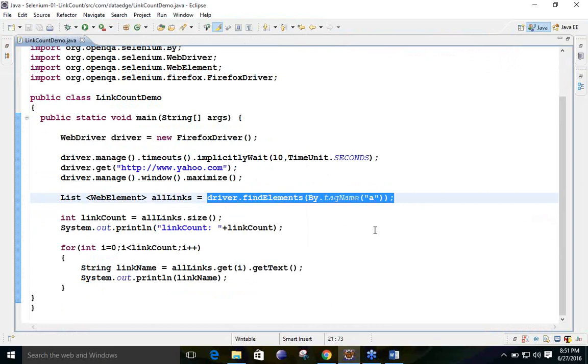So what we are doing, we are obtaining the tags by a. If it is one or more than one, no matter, we are obtaining by the tag name a. And after obtaining, I will store it into one variable. That variable name I have given over here as all links. Okay, all links. This is the variable where we are storing. And what is the type of this all links? It is of the type list, meaning it can have n number of things.